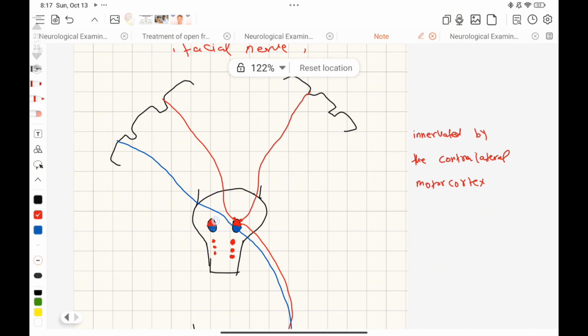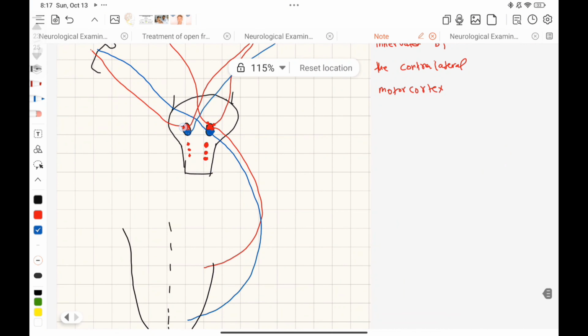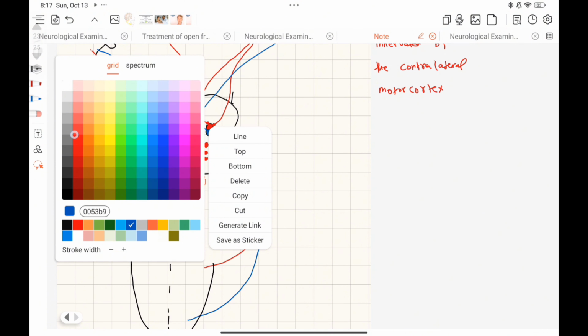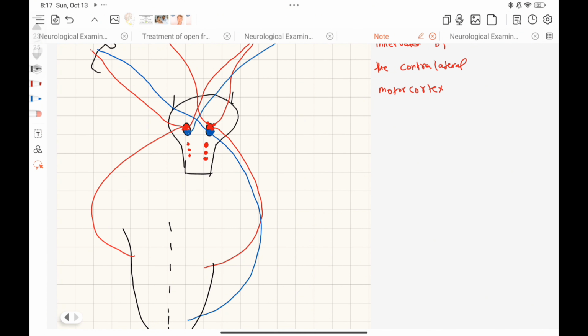Also, this upper motor nucleus will receive from contralateral and from ipsilateral, while the lower motor will receive only contralateral. Okay? And also the upper motor will supply the upper portion, while the lower motor will supply the lower portion. Okay,